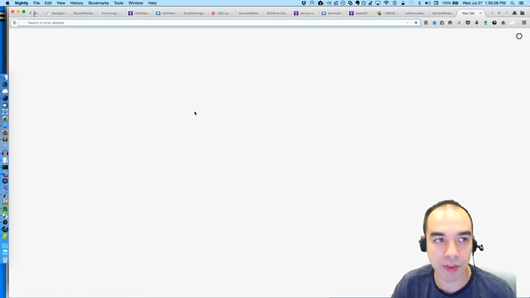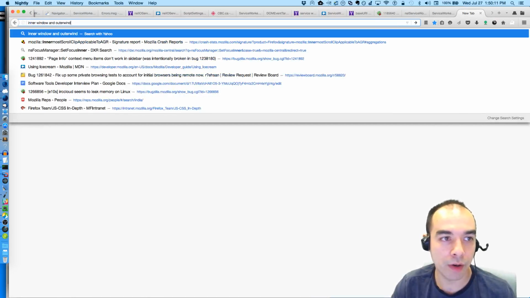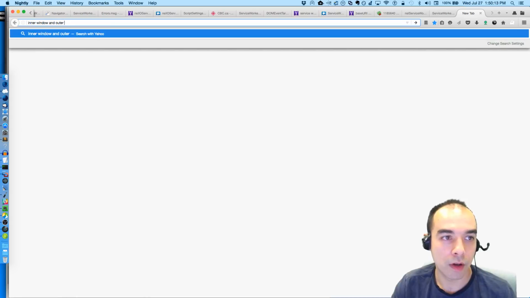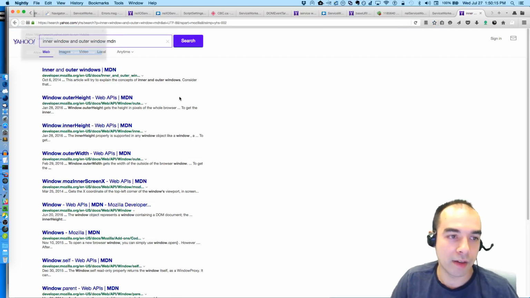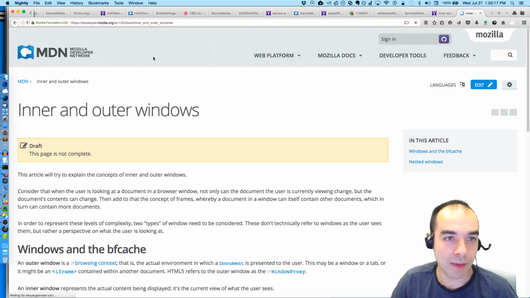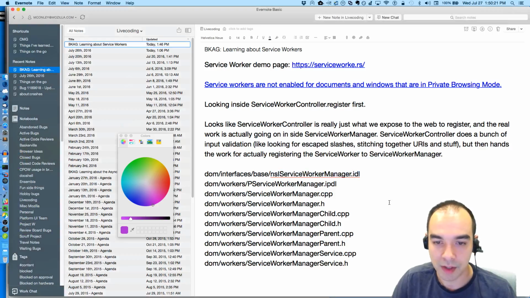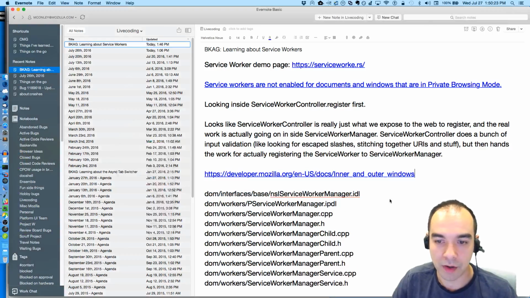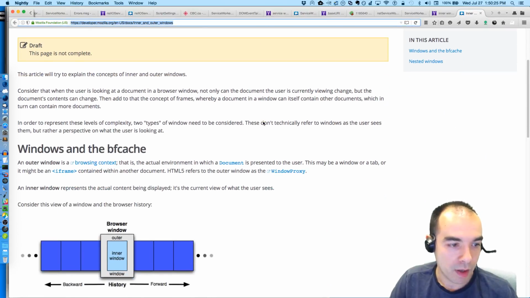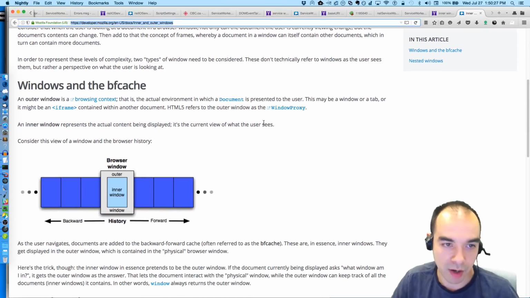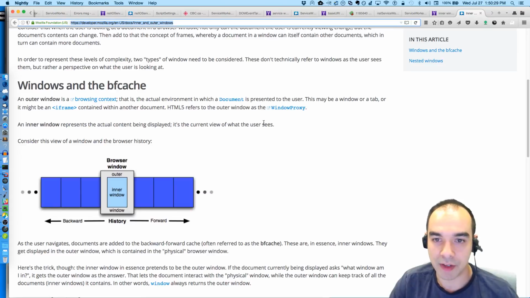If you're curious to know what the inner window and outer window are, I often have to reread this document myself, but this document is very handy. Bobby Holley wrote this. Inner and outer windows. Outer window is the browsing context. Think of it as like the tab, or like this browser.